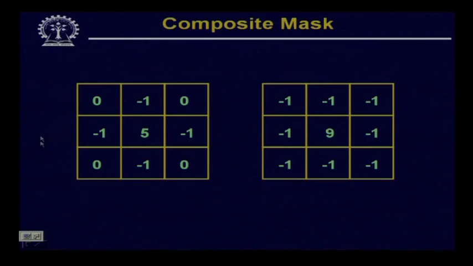And the composite mask, after performing this operation, we get as given over here. You find that the center coefficient in both the cases has been incremented by 1. So, that indicates that the Laplacian output will be added to the pixel location f x y. So, we will stop our discussion today,